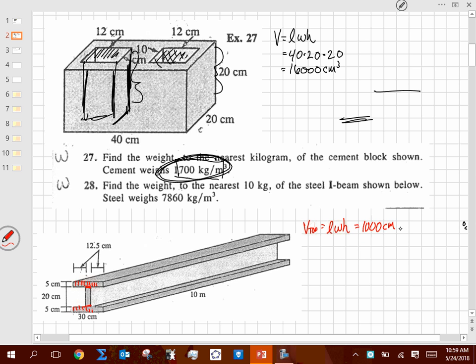So that's my length. My width, I'm going to use is this 5 centimeters. So multiply that by 5 centimeters. And now my height maybe is that distance there, so it'd be 30. And again, those things can be interchanged, what you want to call your height, your width, and all that kind of stuff. Your length can obviously interchange. So I multiply that stuff out, and that's going to give me